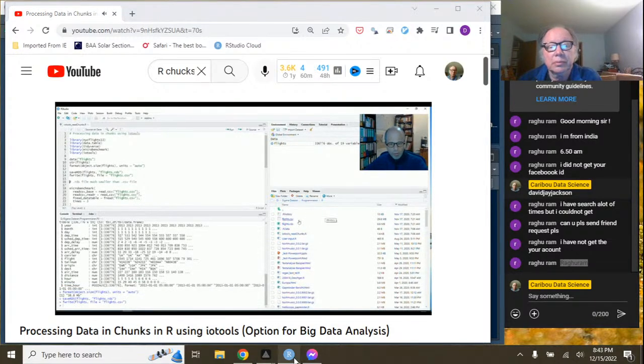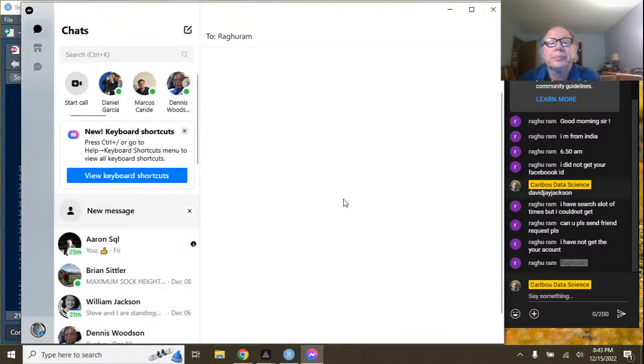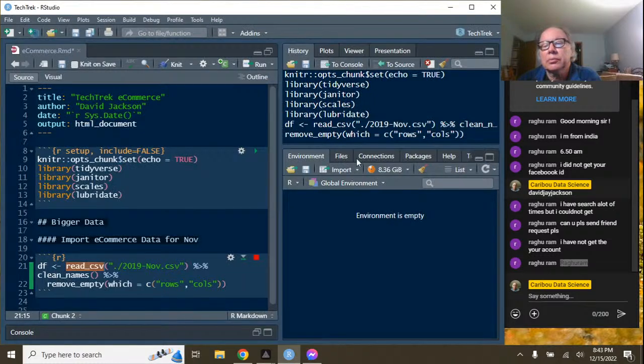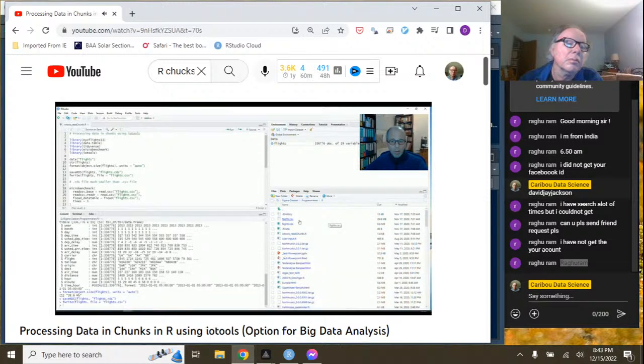And just showing you the difference, you can see it here in the bottom right in the files pane. The RDS file is stored much more efficiently at 6.6 megabytes compared to 29.8 megabytes for the CSV file. So here the recommendation is avoid the CSV format if possible and